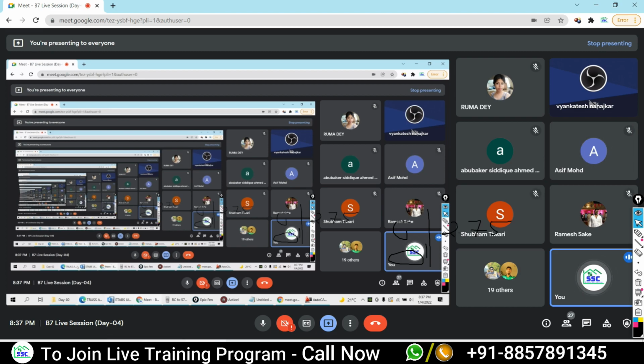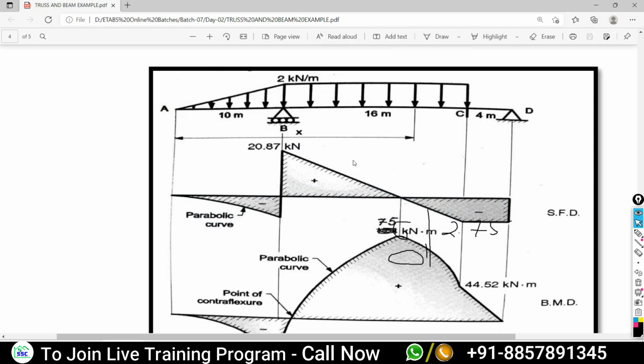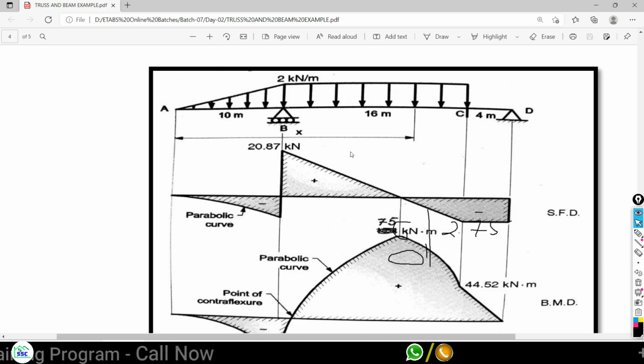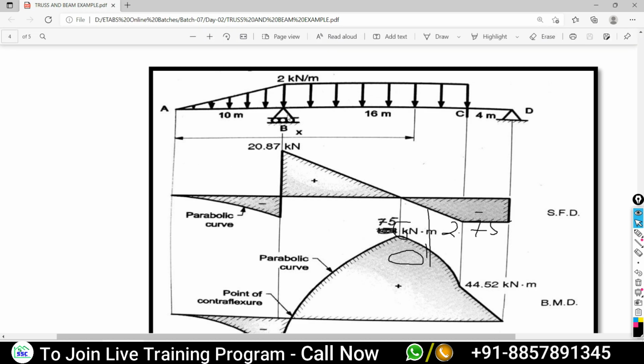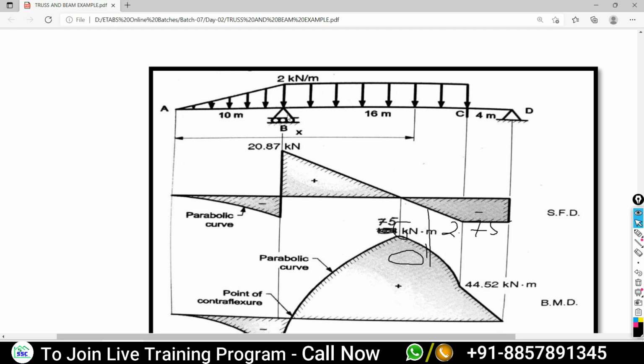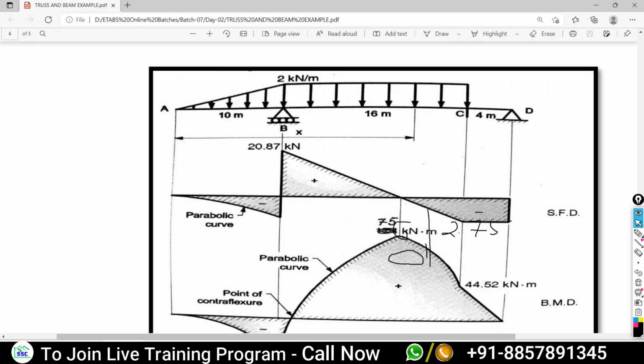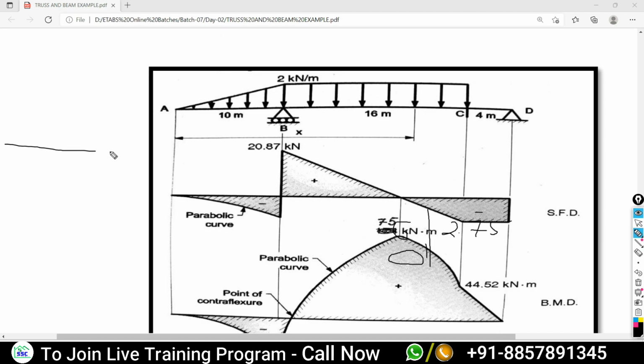So for the assignment of point load, there is no problem. But if you are trying to assign the support over the frame, some of you may think that we can model it as a single member and then assign the support here like this.